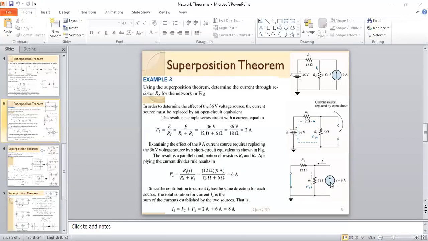But this time, what you see is the current is going downward. In the previous step it was downward, and in this step it is downward. It means in both steps the current direction is the same. If the current direction is the same, then according to the theorem we take the algebraic sum, and in the algebraic sum there would be no minus sign because both are in the same direction. So I dash plus I double dash is equal to 2 ampere plus 6 ampere, that is 8 ampere. 2 ampere is I dash and 6 ampere is I double dash. So this problem was very easy and you get it.